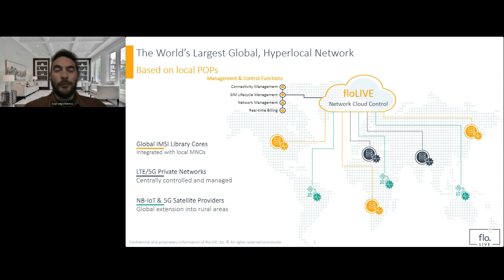So what I was saying is, I'll be very brief. What we do at FlowLive is building a large and hyperlocal data network. With hyperlocal, we mean that there is one single cloud with breakouts for cellular connection, as well as LTE 5G private networks, and also satellite providers for narrowband IoT, for example, that we are including. And this all converges in one cloud that we provide to our partners, and they can provide in this way connectivity to a multitude of end users and a huge amount of sensors and devices, which ultimately are used to